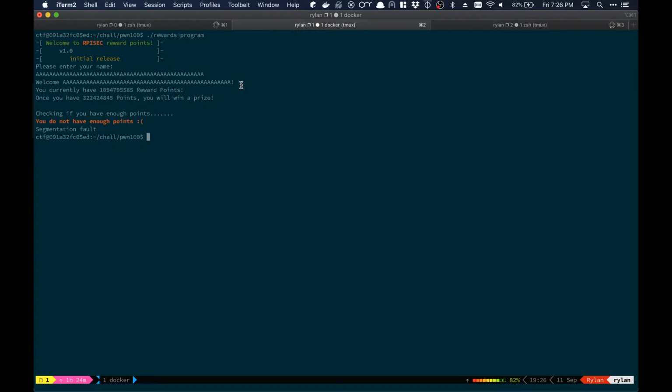But if we know that the foo variable is exactly 20 characters long, what if we do that same trick, but instead of writing out 50 A's, what if we do 21 A's? We can do print A times 21. It's going to give us